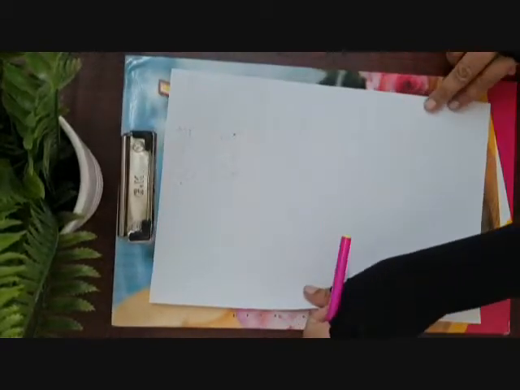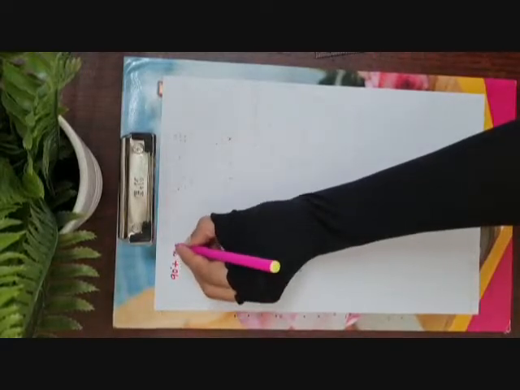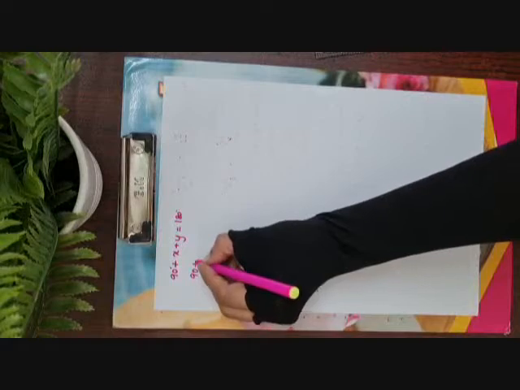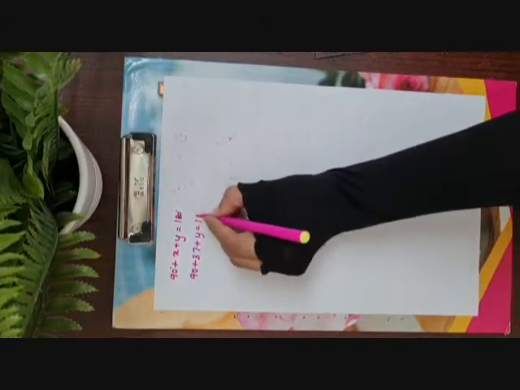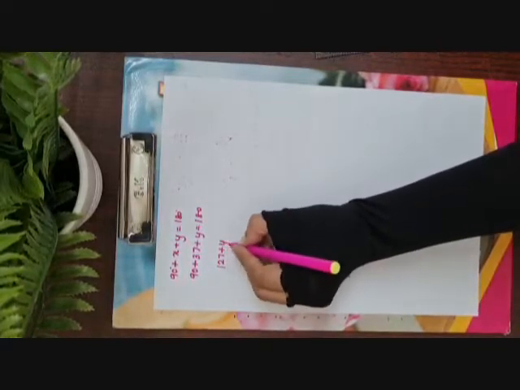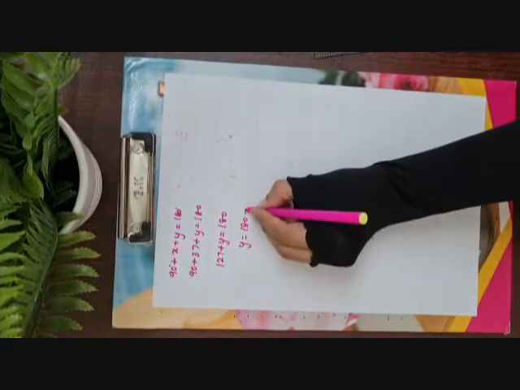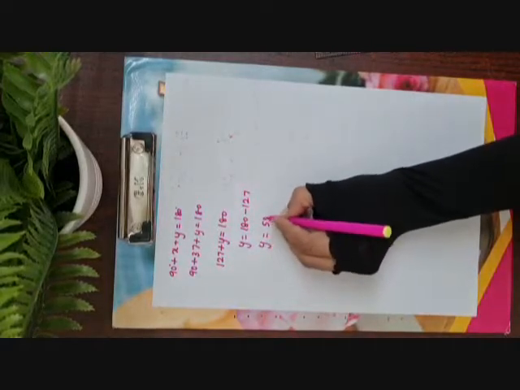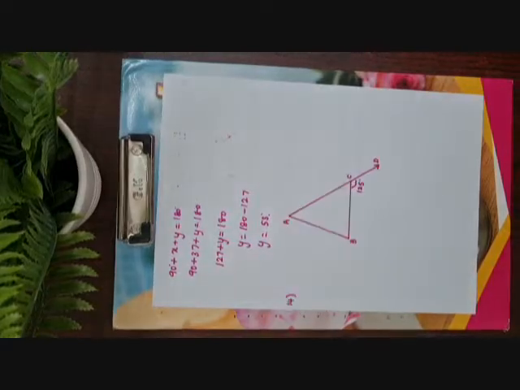Then what is angle P? Angle P is 90 degrees, plus angle X, plus Y is equal to 180 degrees. 90 plus what is X? X we got as 37 degrees, plus Y is equal to 180 degrees. 90 plus 37 is 127, plus Y is equal to 180. Y will be equal to 180 minus 127. So Y is equal to 50 degrees. Thus we have found the value of X and Y. I hope it is clear, children.